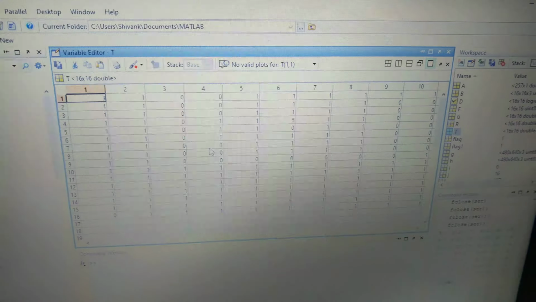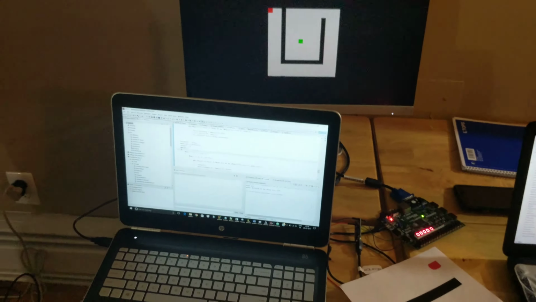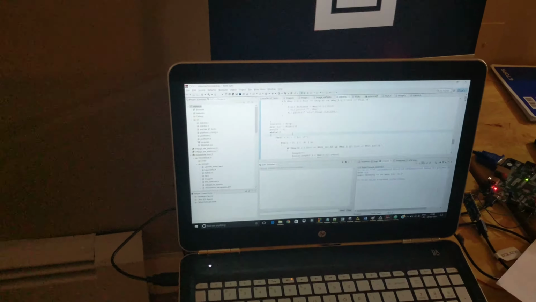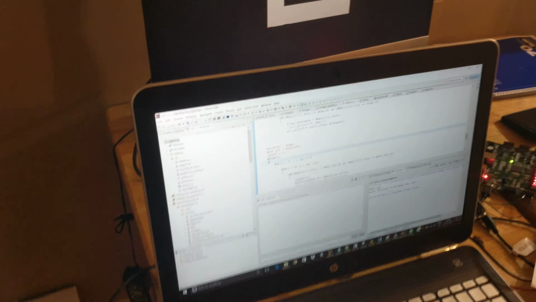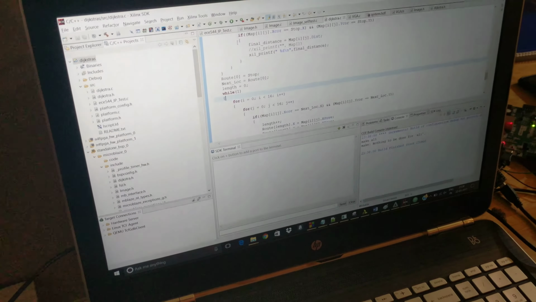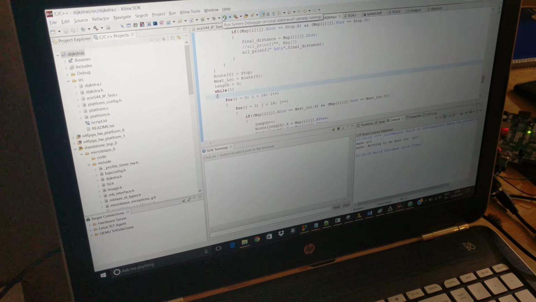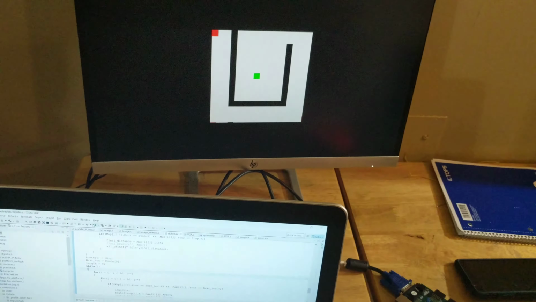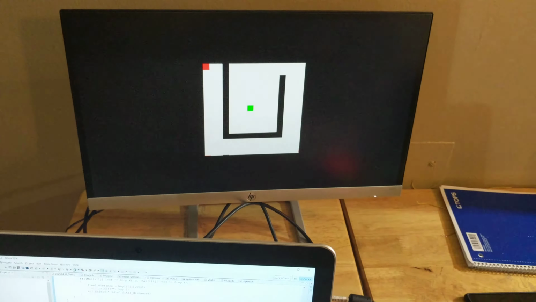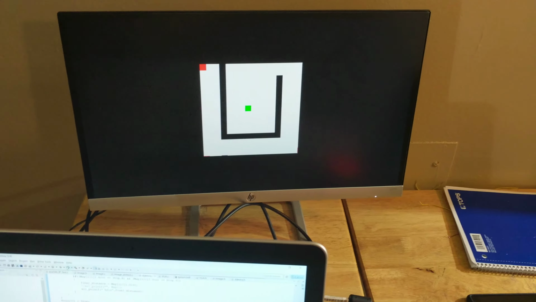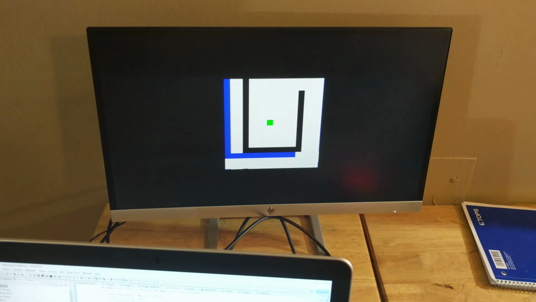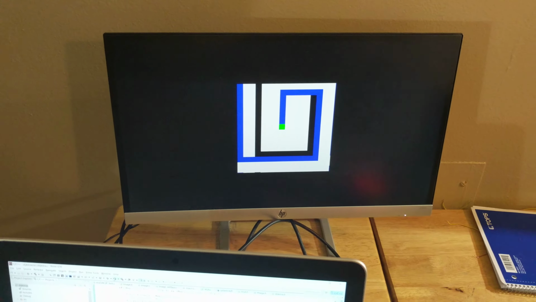So let's see how it works exactly on the MicroBlaze. So now I have the maze and the MicroBlaze. I'll just program the embedded system using the SDK. And you can see that the shortest path has been computed.